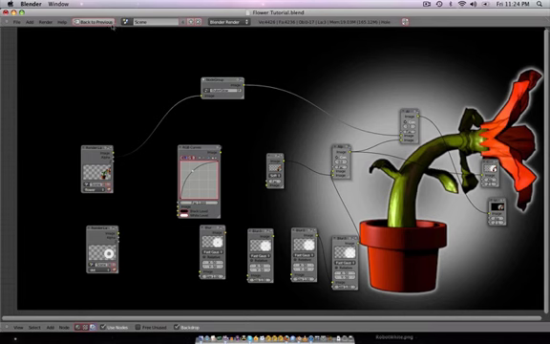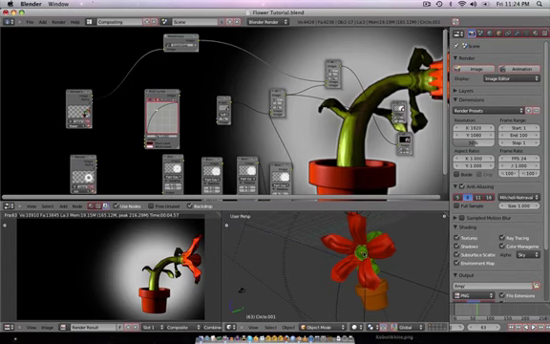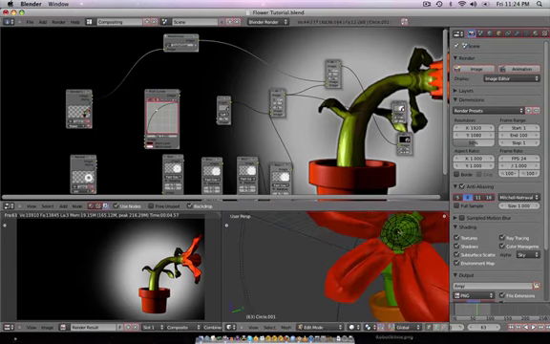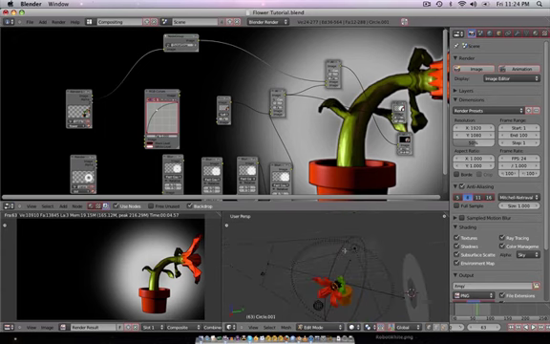Now, a couple of things I'm going to do just for the end here. I know I could have done a little better with some of the texturing, but time is always against everyone,